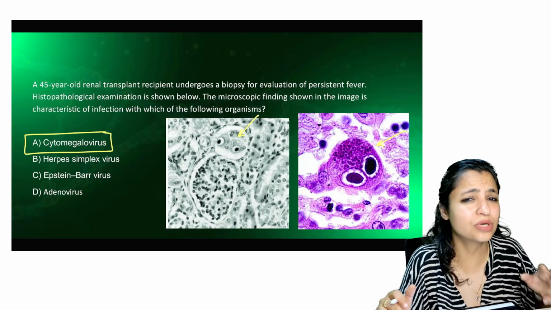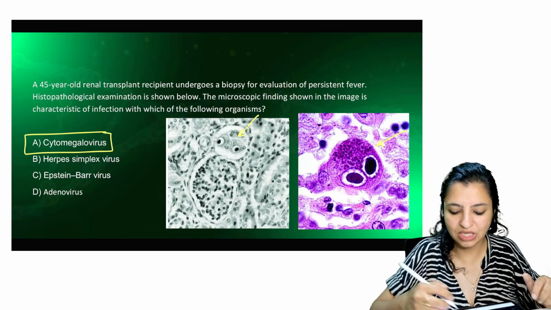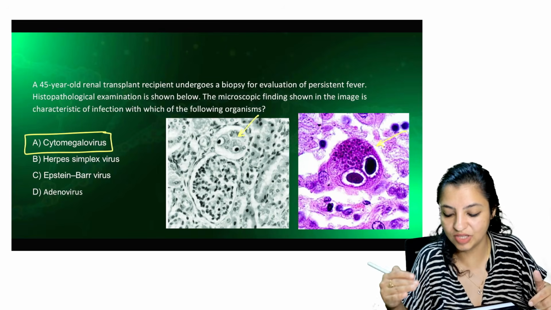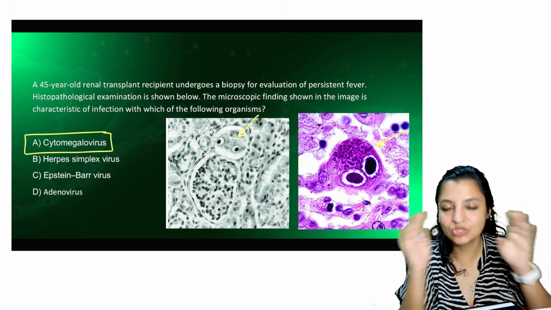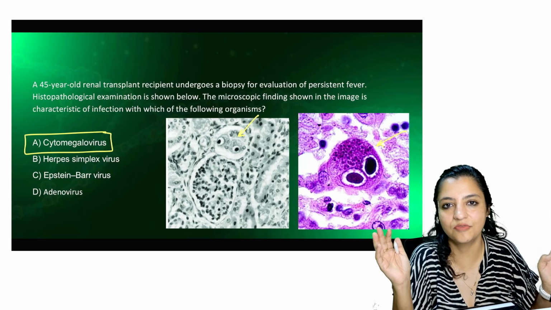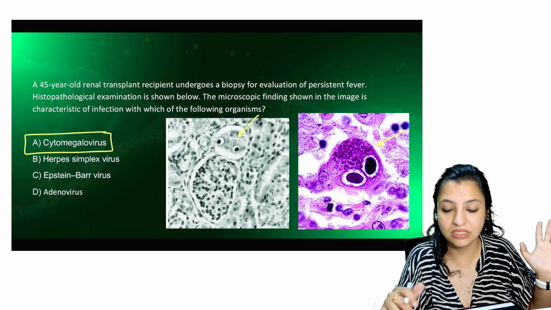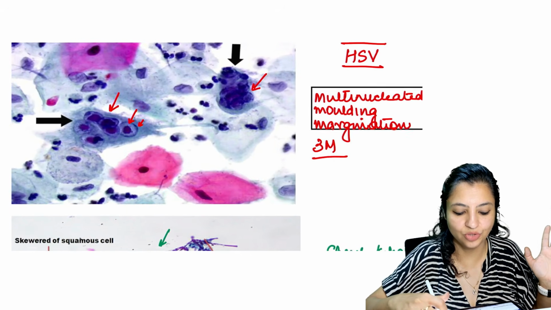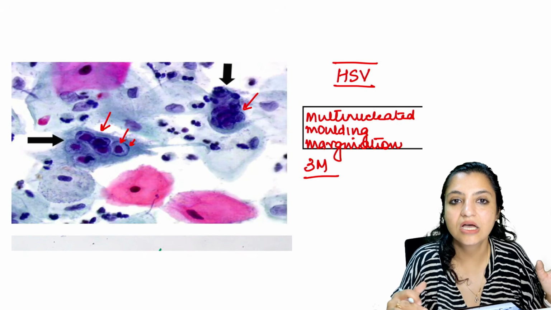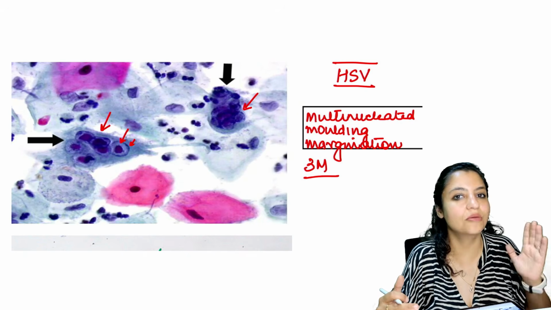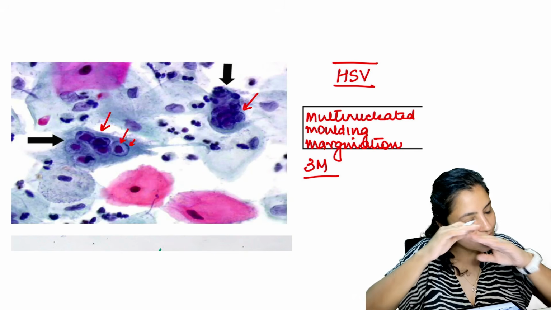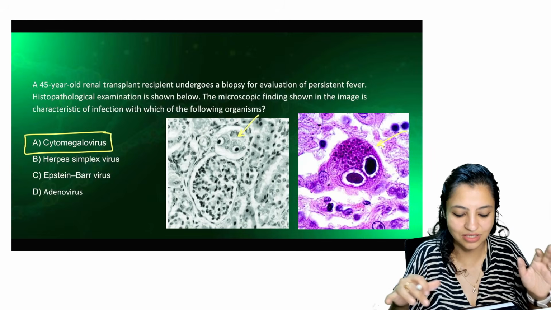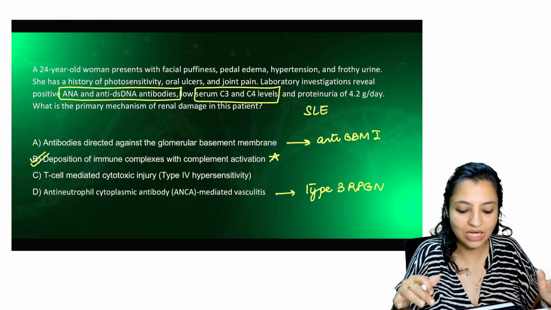Look at this, the students gave me two images here. Some of them said it was a black and white image, some of them said color image. But owl eye is one question which is always asked in the exam. This is CMV. And the second image that can be asked in the exam next time is HSV. We have told you this so many times. Remember the three M's, that is multinucleation, molding and margination, that is herpes simplex. So these are two classical images that are asked in exam all the time. Here it was classical owl eye, it is CMV. Okay, let's go to the next question.